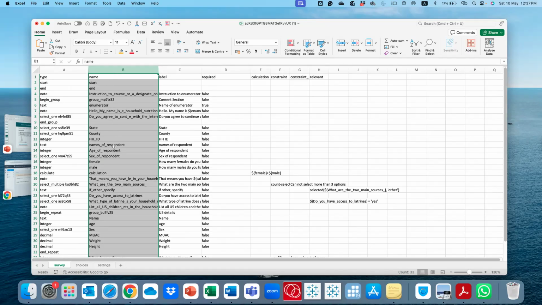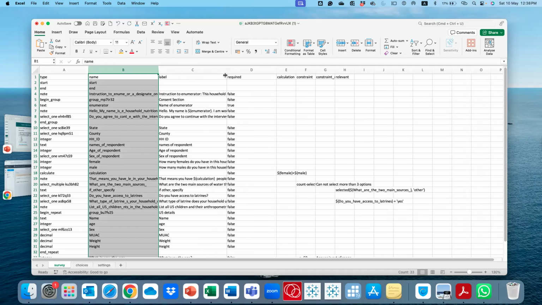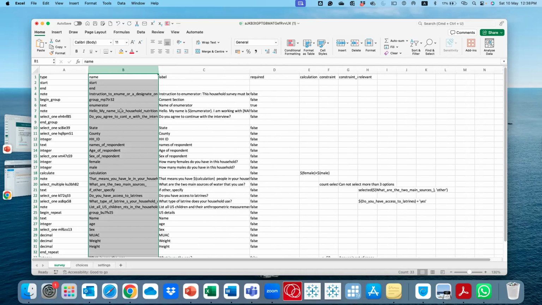You can design this yourself if you don't give specific names for your data already. KoBo can try to generate it from the label, from the questions themselves. So you'll see here, like instruction to enumerator, and so on. If there's so many words, KoBo will try to cut it down. But when you're building your question in Excel, you have more control of this. You can decide to use shorter words. Later on, it's very helpful when you're doing your data analysis. People who have already done data analysis before will know the importance of this.